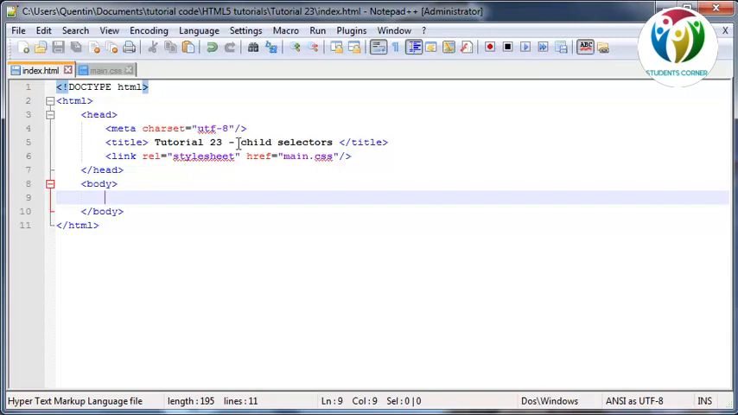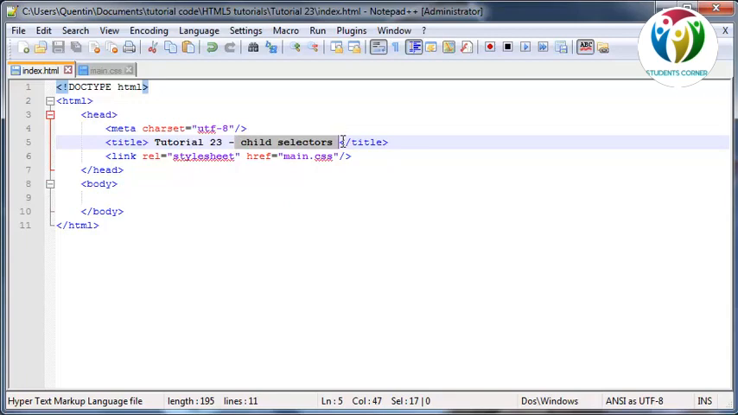Welcome to tutorial number 23, and in this tutorial we are going to continue talking about selectors in CSS, and I'm actually going to talk about the child selectors specifically. Now if you guys don't know what I mean by child selector, then basically I mean elements inside of other